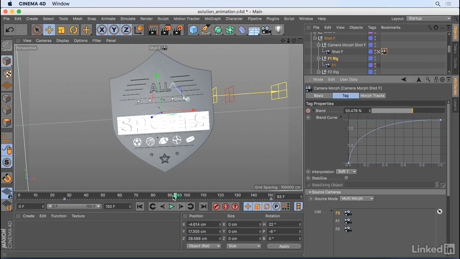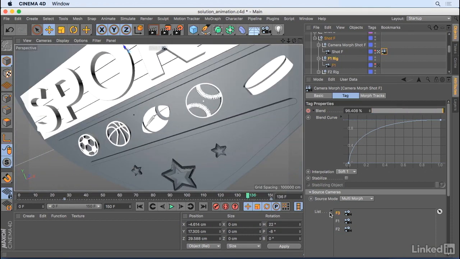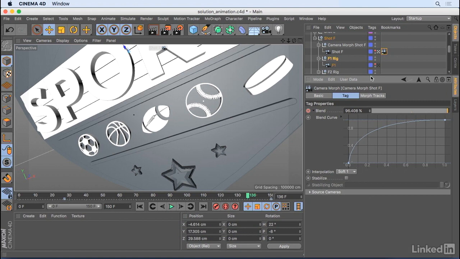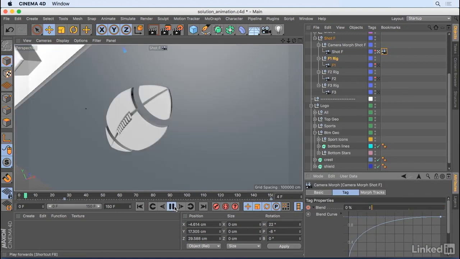So this will jump around a bit. If we look at that, we're going, all right, crazy, very close, and that just doesn't work. So let's change the order back to be the 1, 2, 3. That makes more sense now. And I'll twirl that list up and come down here. And what's happening in this shot is we have